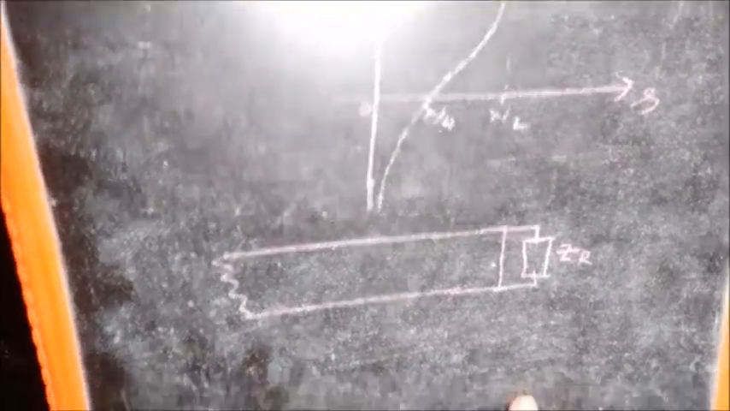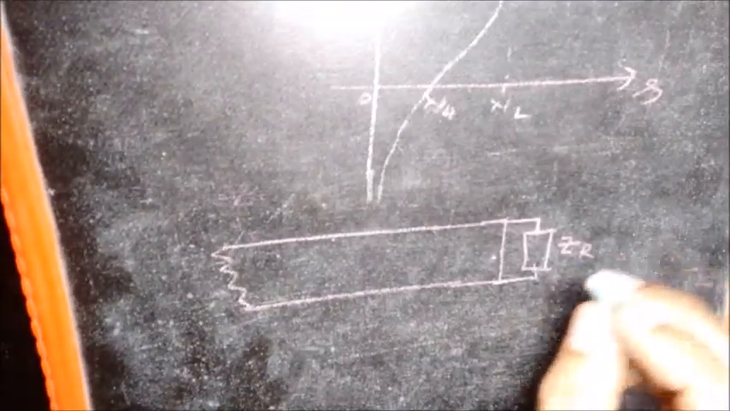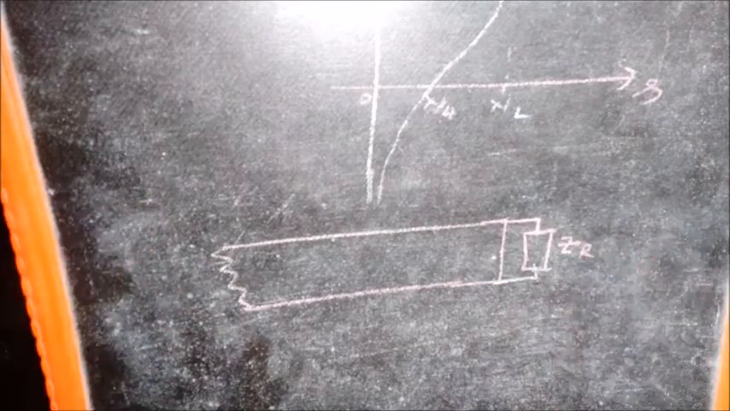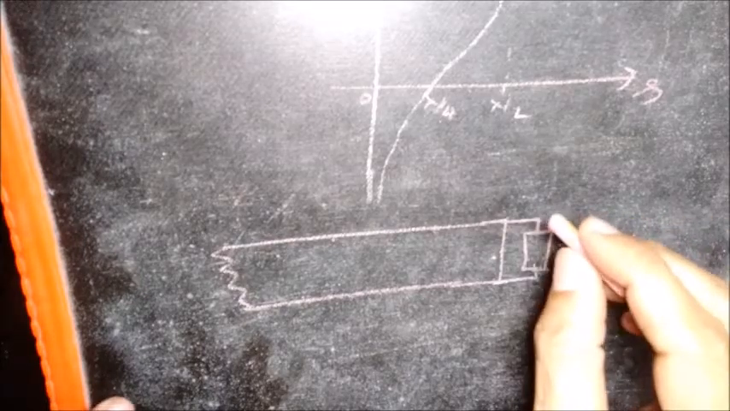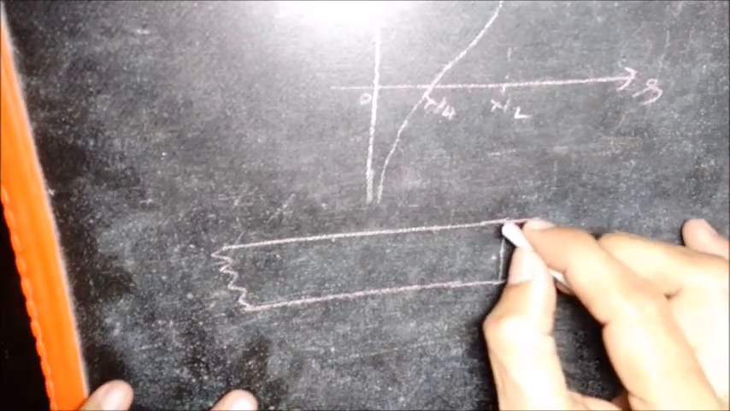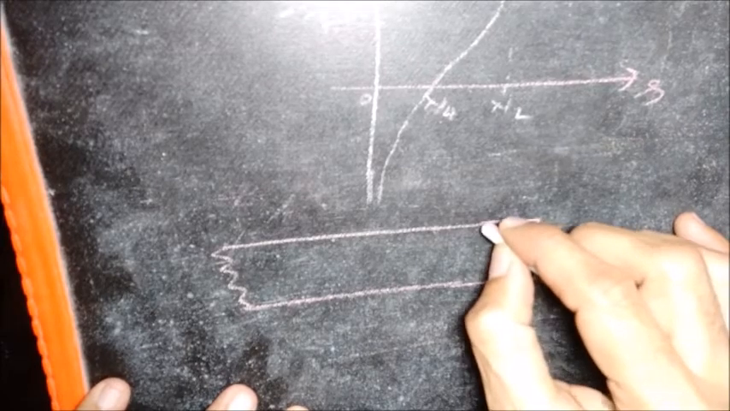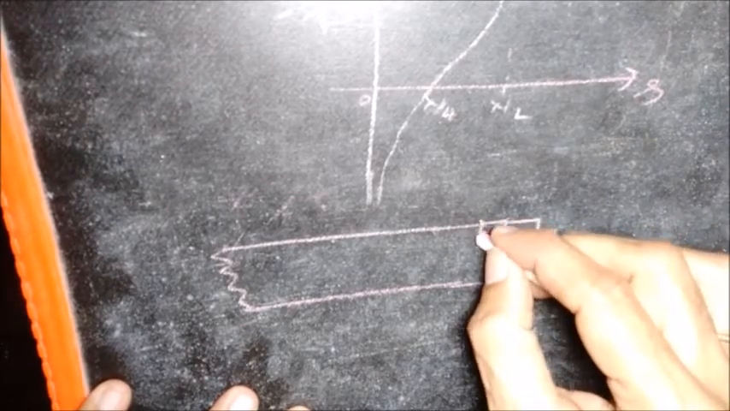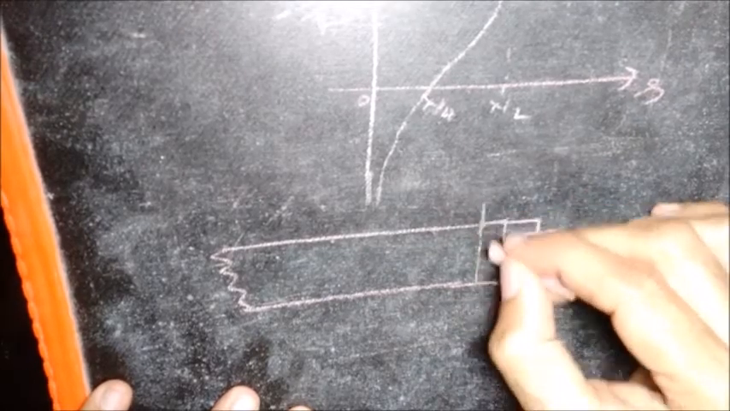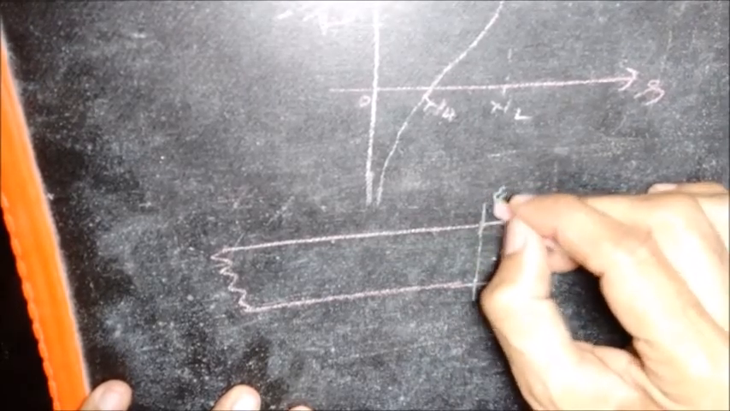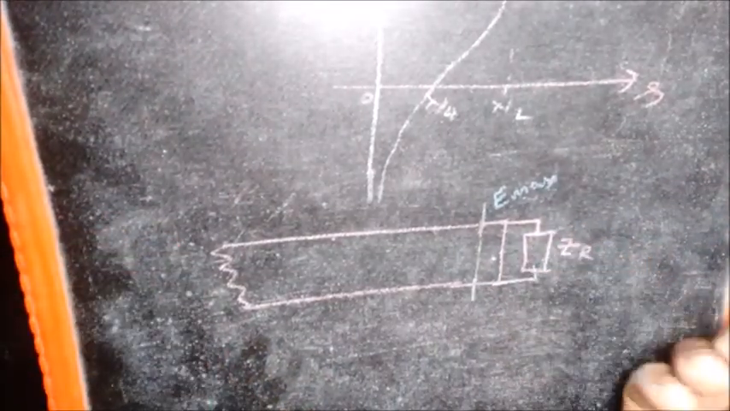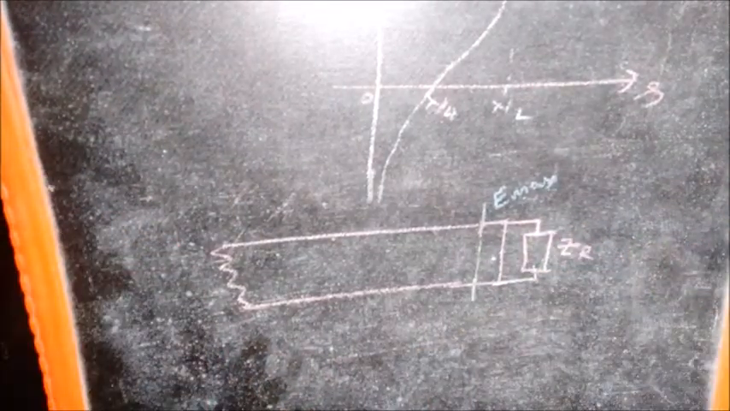Let's say we have this situation. Now, there need not be a matching here, and there can be reflection. So what we do is, we identify the first position from the load where we have Emax. So you know that if there is no match, the voltage